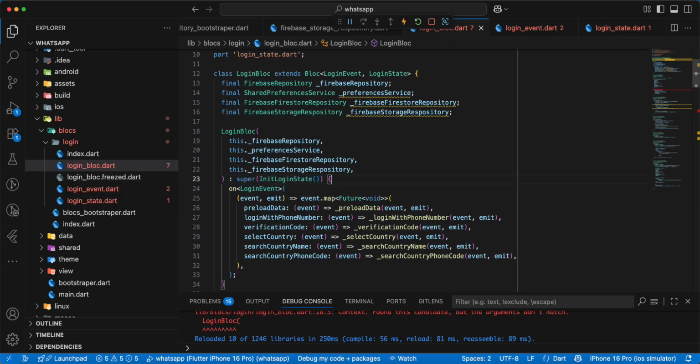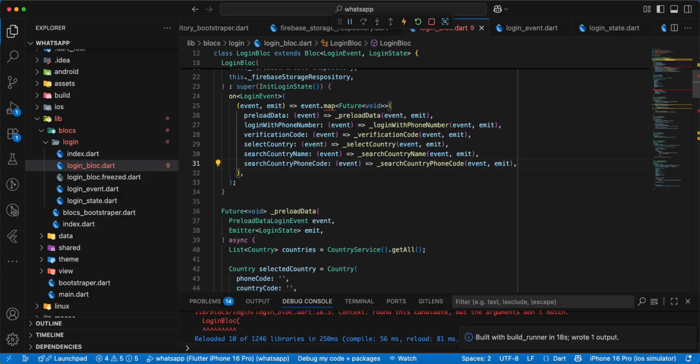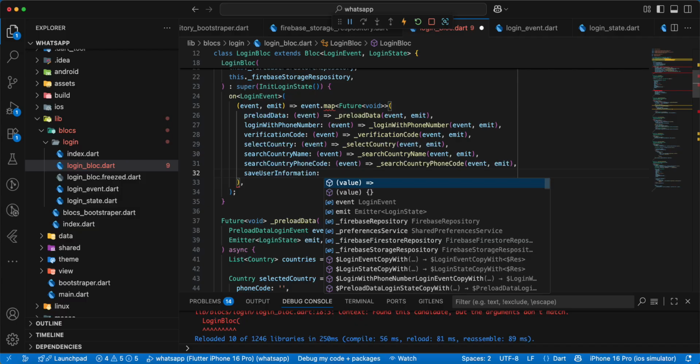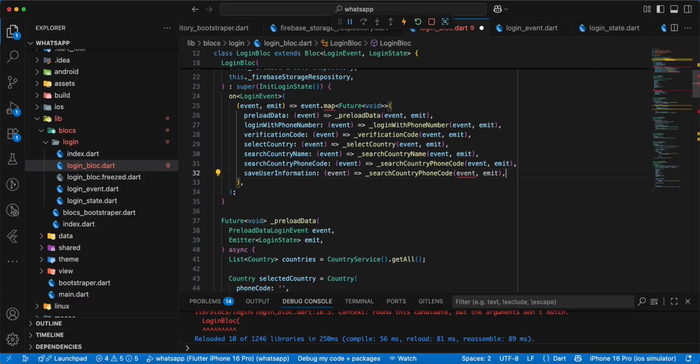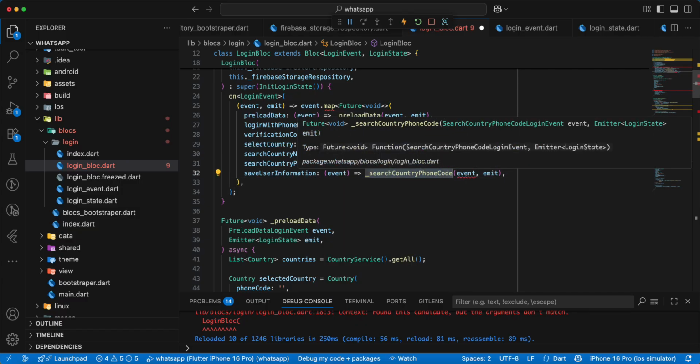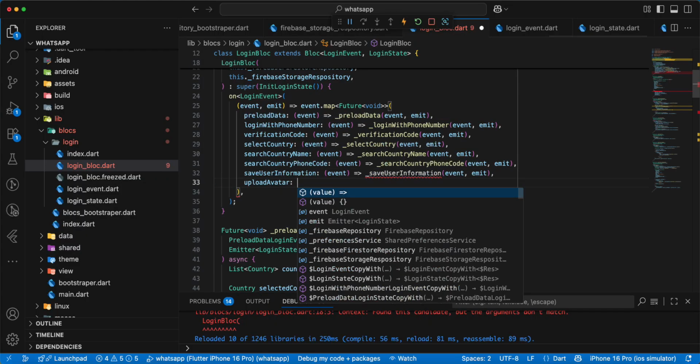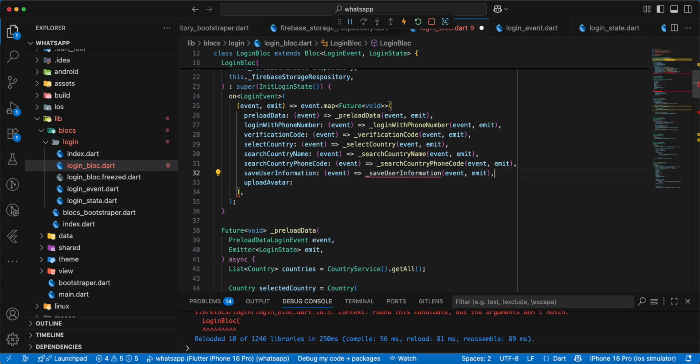And now we generate information, and we add events, save user information, and upload avatar. Save,